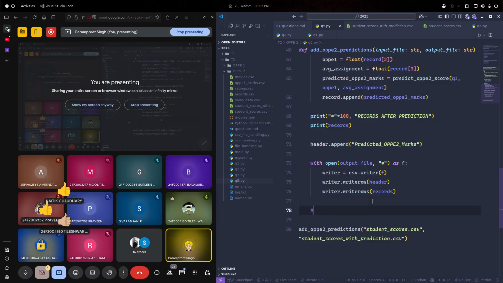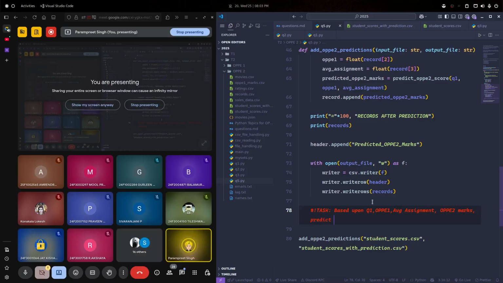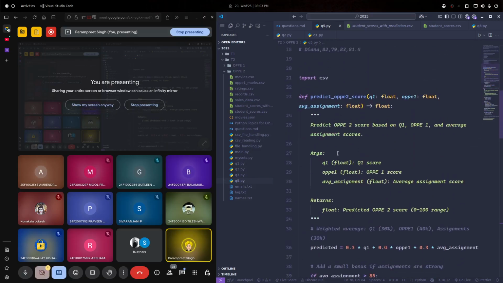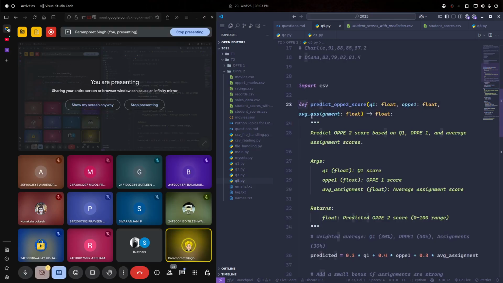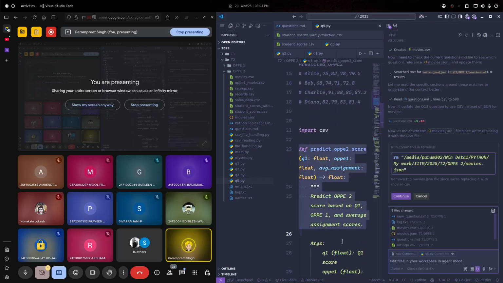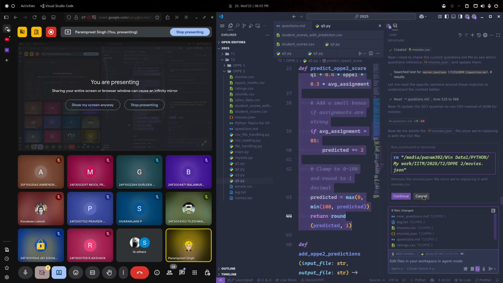Similar to this. The task will be based upon quiz 1, OPPE 1, average assignment, and OPPE 2 marks. Predict end term marks. Okay, that is your task. Well, I'll share the function here. Okay, let's see. Let's give this function to